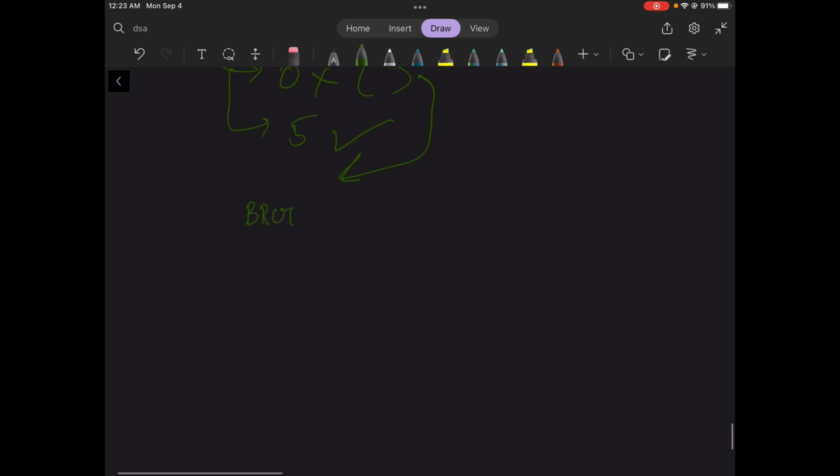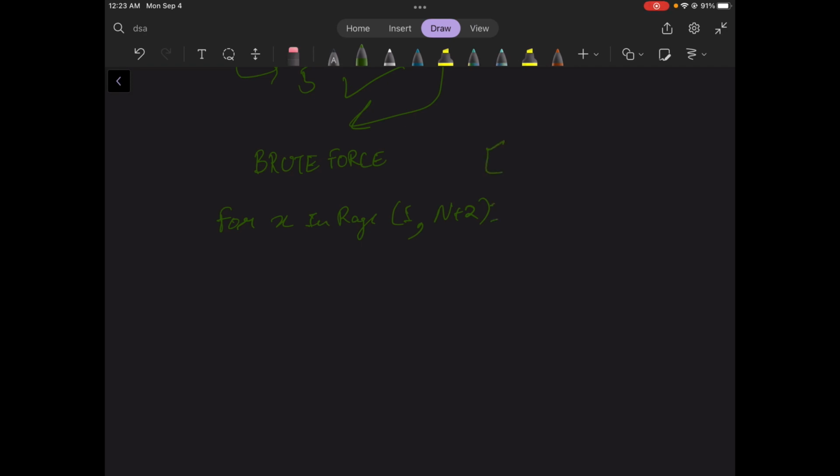Okay, so let's get ahead, and we have two methods. First is the brute force method. Let's see the brute force method. So we'll use a for loop, for x in range from 1 to, let's take the length of the array as n. So we are running the loop from 1 to n plus 2, which will cover all the array's numbers. So it's 1, 2, 3, 4, 5, 6, 7. So we'll be running from 1 to 7, all the numbers here, and then we'll be running for y in range